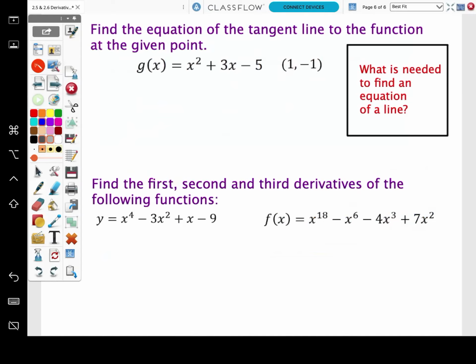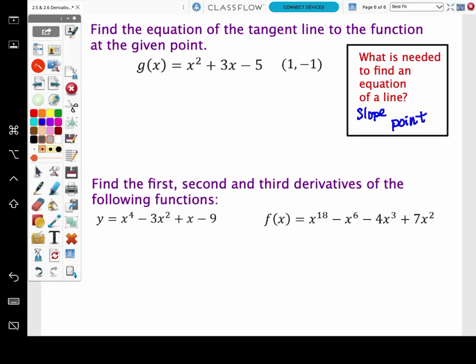Okay, 2 last things. Find the equation of the tangent line to the function at a given point. And we had a worksheet question like this last week, and it was a bonus point on your quiz. So 2 things that we always need for the equation of a line. We need a slope, and we need a point. Sometimes people think we have to have the y-intercept. Not true. You can use a slope at any old point because we know point-slope form,